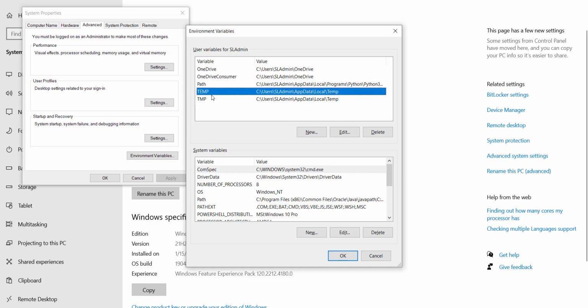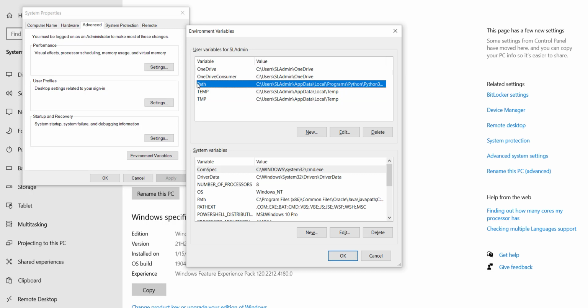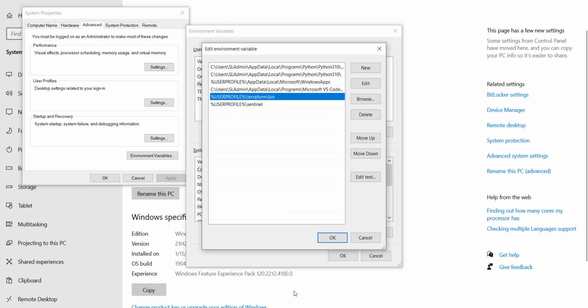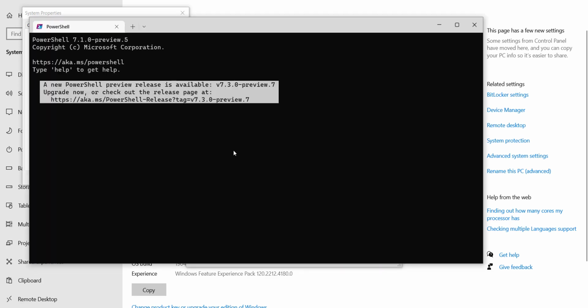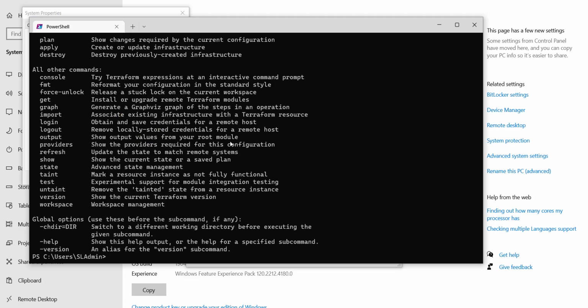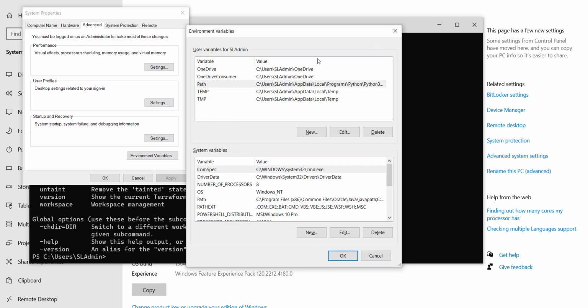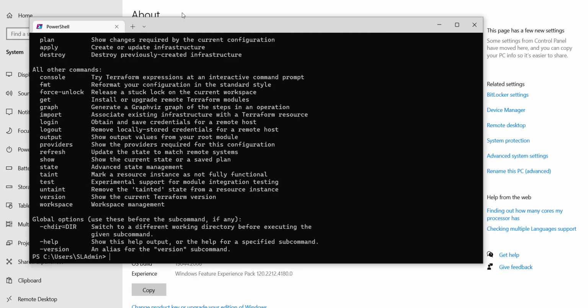So actually, I was looking in the wrong location. So in this path variable, you want to double click it and put it inside here. So had to remember that part there. So basically what this is going to allow you to do is type in the console just the word Terraform without having to put the path of where that's located at. So what I mean is, like, let me open up one of these command lines here, and if I put in Terraform, hit enter, you can see it works without having to put the path of where the exe is located at. So you just want to put the location of where your exe is in that path file. So once we clear out of there,